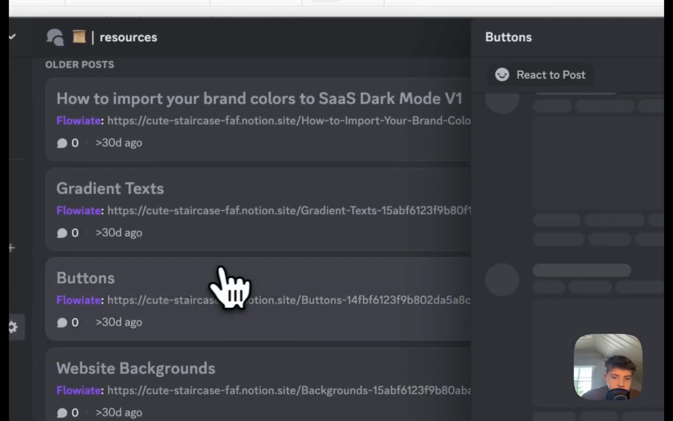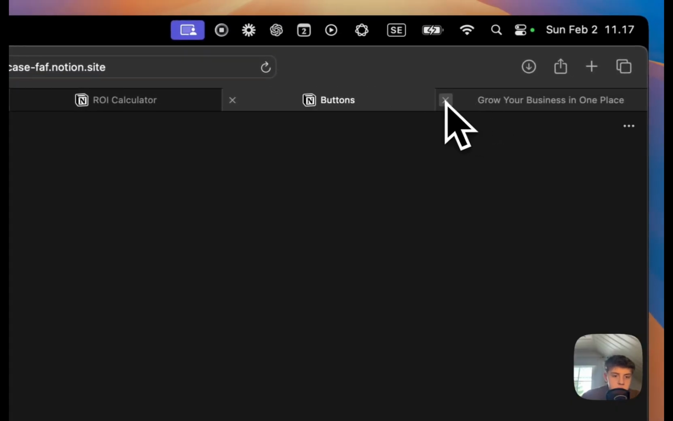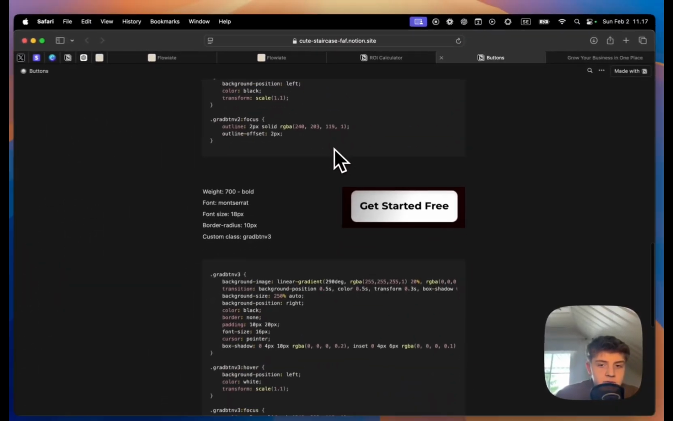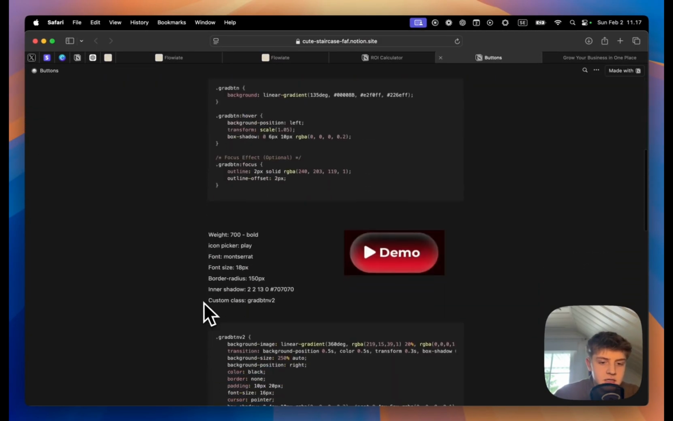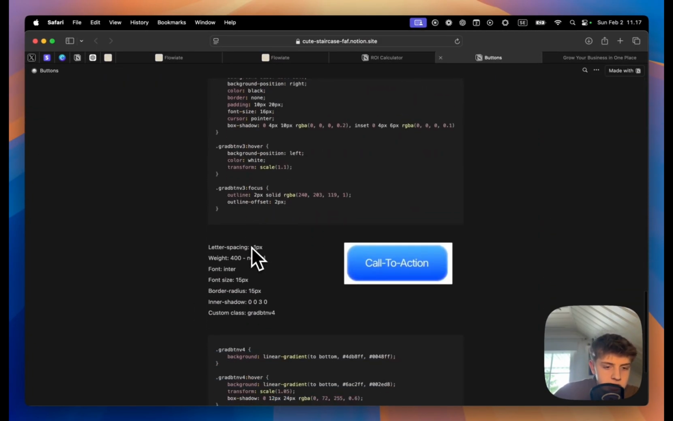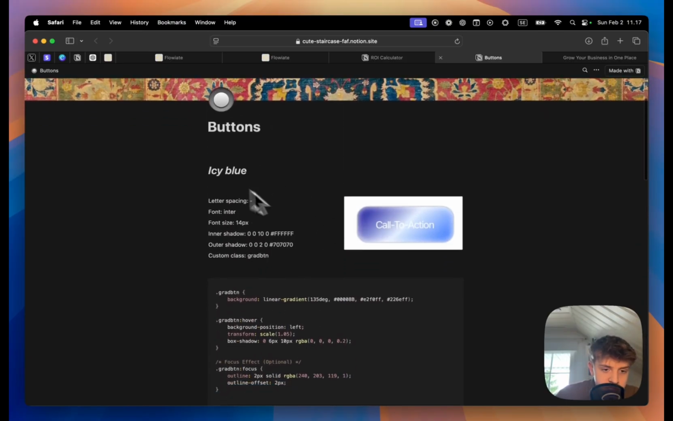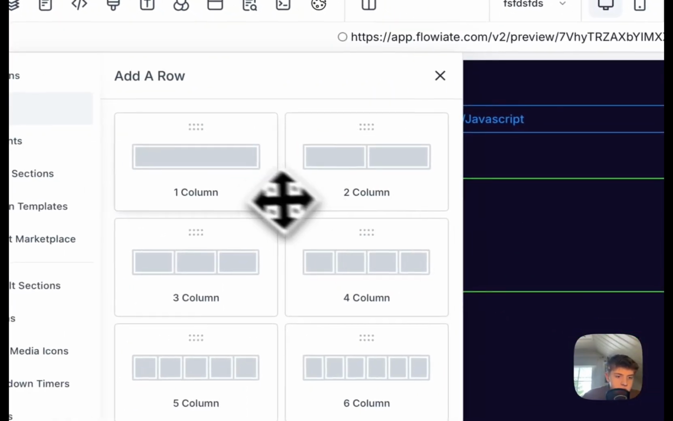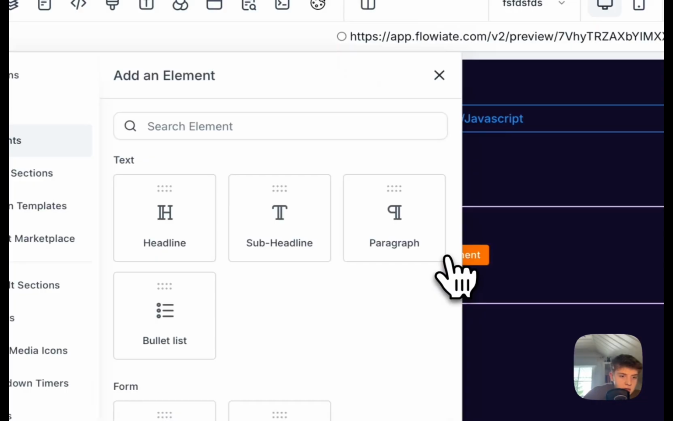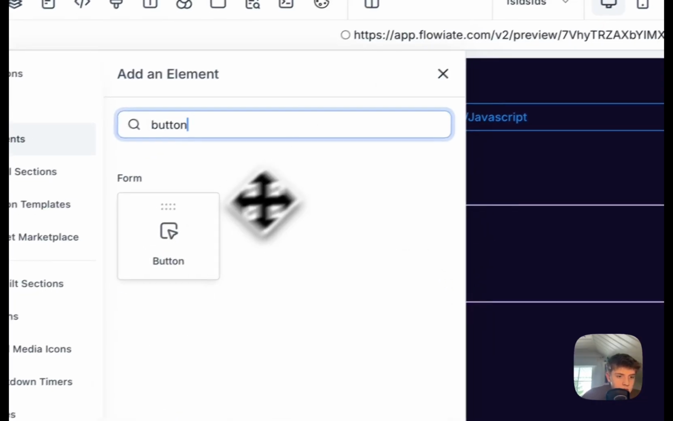So just go to the resources section once again, go to buttons, and there's a lot of buttons. I'm just gonna keep adding more and more, but for this example, let's do this one, this icy blue one. So just copy the code, go to your website, make a new section, make a new row, add a button,